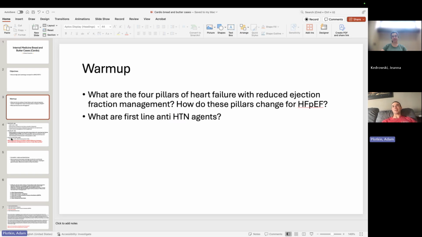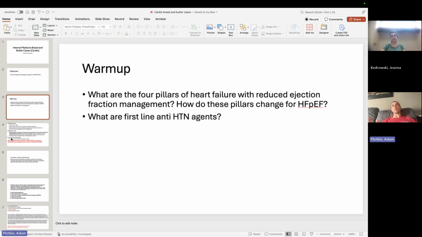Usually starting with a thiazide is the go-to. But when would you consider starting a patient on an ACE-I or an ARB instead of a thiazide? If they have renal disease, then it's definitely useful, and especially you want to think about diabetic nephropathy, right? So if they tell you in the stem the patient has type 2 diabetes or type 1 diabetes, they've got albumin in their urine, and they have hypertension. Even if they don't have hypertension, the data is showing, start them on an ACE-I or an ARB, right?